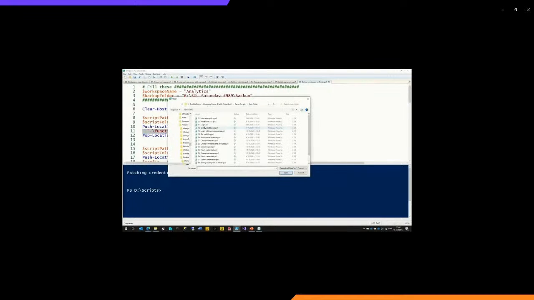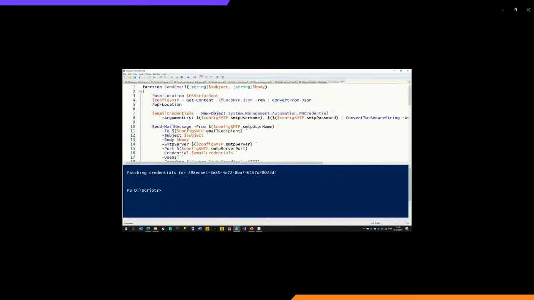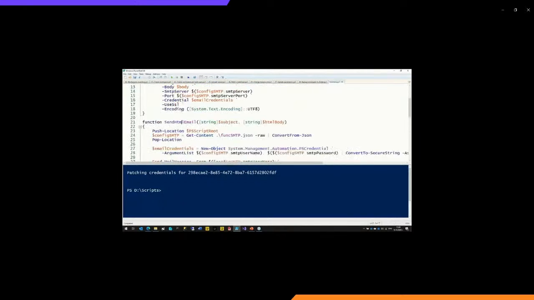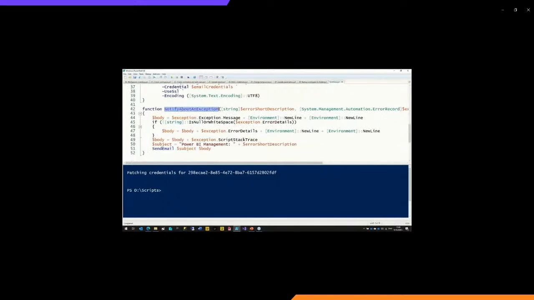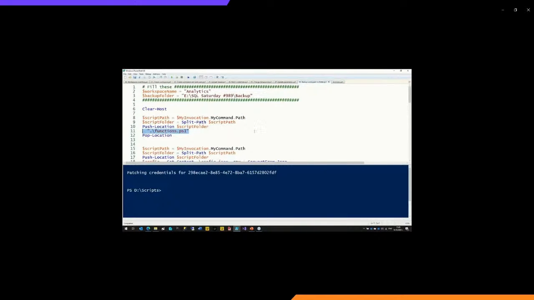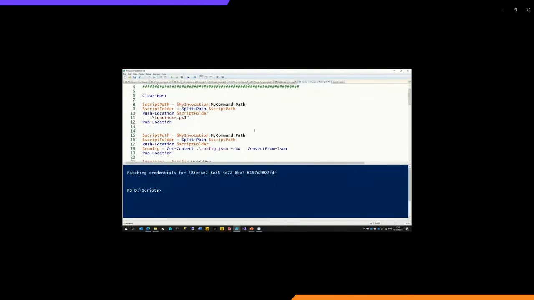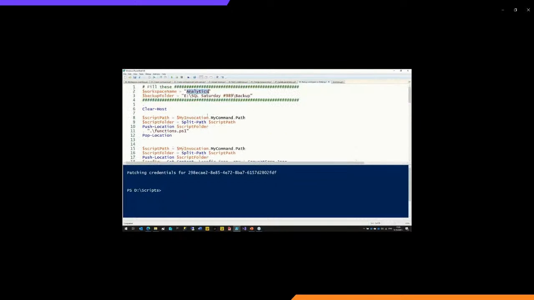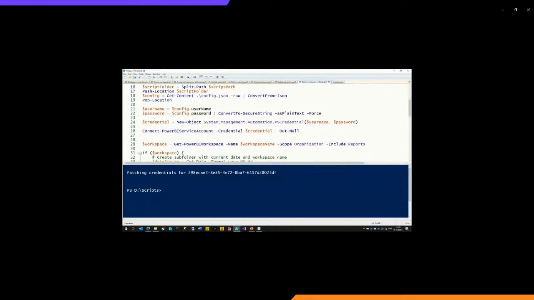For example, I have now a file called functions, which has three functions. Two of them are sending emails in plain text or HTML format, and the third one is actually using these send email functions to send me an email with information about the error that happened. So if you run a backup nightly, for example, and something fails, you can get a notification that the actual backup doesn't work, so you can take a look. So this workspace, save it to this folder, and if I run this script,